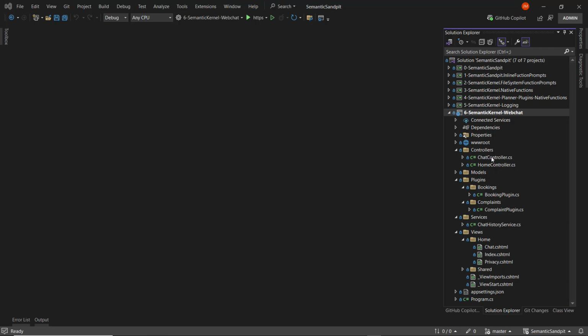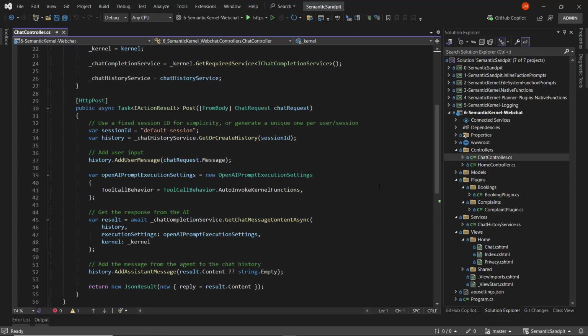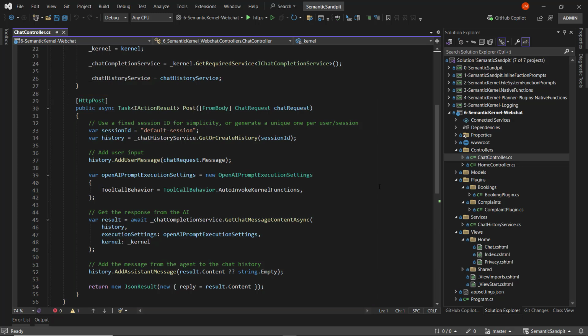So if we open up the chat controller, we can see here between lines 30 and 56, we have an endpoint that accepts a post request. And it's this endpoint that's used to accept information from the user. We take that information and then we check to see if there is an instance of any chat history for this particular session. If there is, then we add the prompt that was passed in to that history. If there's no chat history and it's the first interaction, the history gets created and we add the user prompt